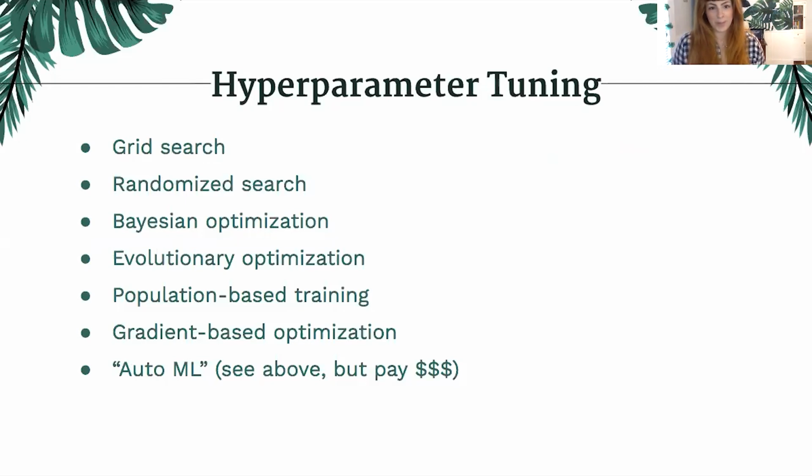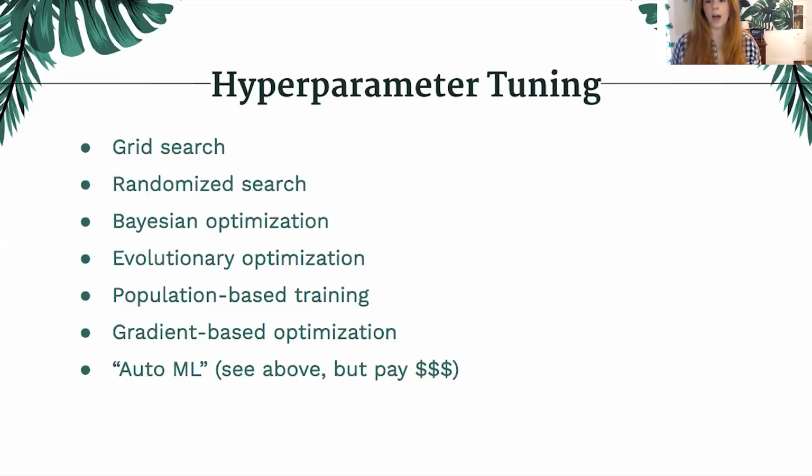So speaking of hyperparameter tuning, this is another place where we spend, as a community of machine learning practitioners, a lot of time and a lot of resources. There are a number of different ways to do hyperparameter tuning, whether you're using the tools that are available in a library like scikit-learn, let's say, and doing something like randomized search or grid search, to using a Bayesian search method, some sort of evolutionary method or gradient-based method, or whether you are using, quote unquote, autoML. This is a place where we spend a lot of money, a lot of time, particularly if you're doing what's called autoML, which is honestly really just usually a combination of the other things on this list, but done in a black box fashion,